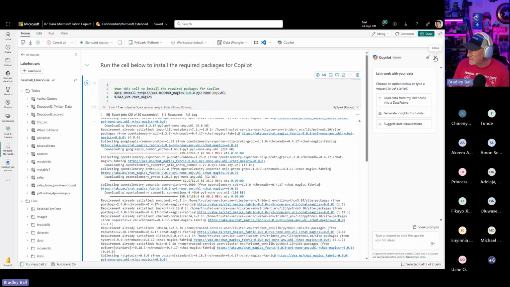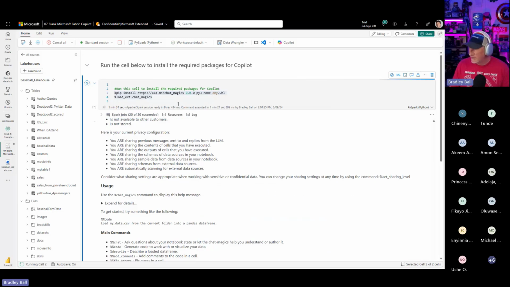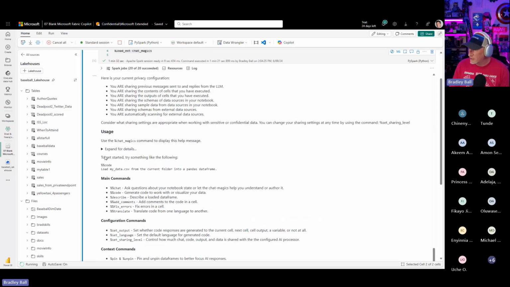Like I said, sometimes it works unbelievably well. Sometimes it falls flat. We'll just have to see. 90% of the time it works, but my hope is it does. This takes a little over 1:30 to install, and then you get this. It lets you know your privacy configuration, what you are sharing from a data perspective, and then your chat magics.